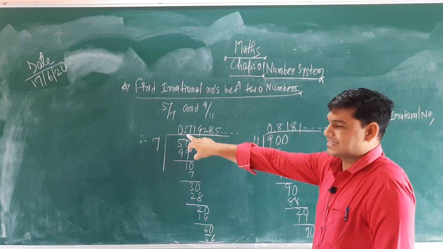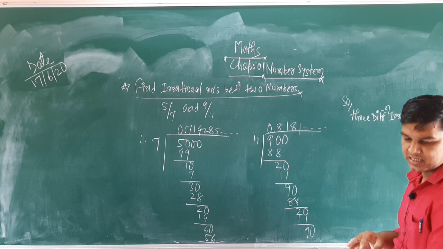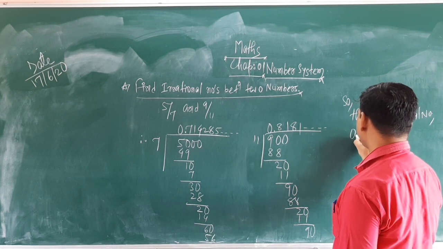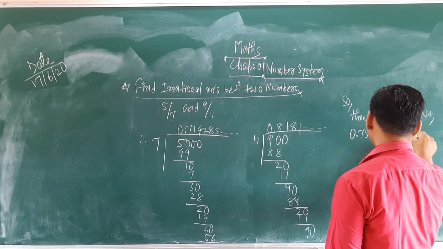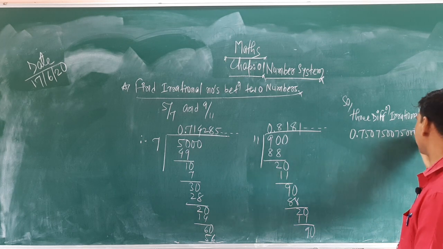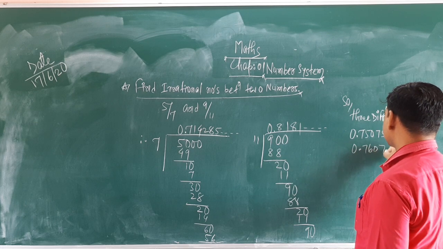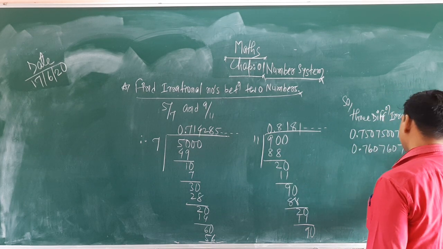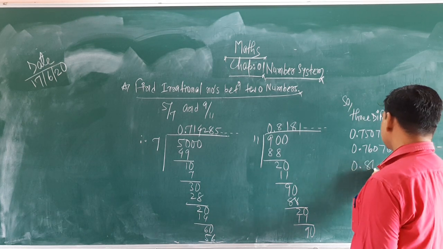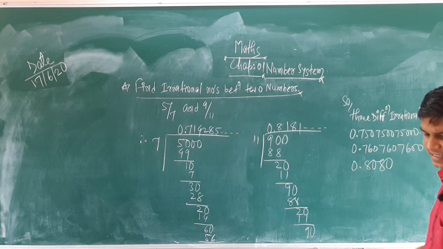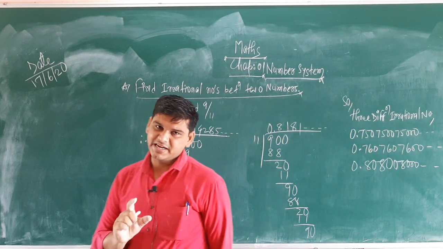So between 0.71 and 0.81, you take any numbers, like 0.750, 7500, 75000, etc. We will take this as an example, 750, etc. Another example you can take is 0.760, 7600, etc. You can also take, since 81 is there, 80, 80, 80, etc. Whatever the value will be, take it as a formation of a double number. So that is how we find three irrational numbers.